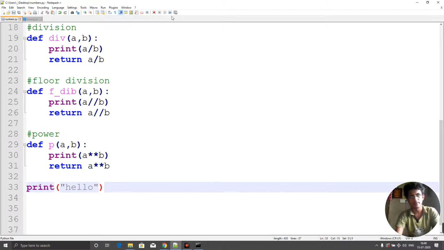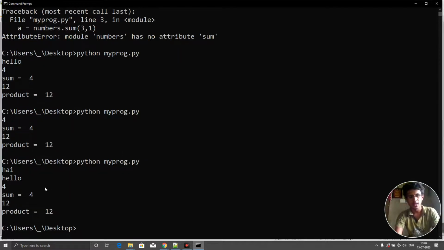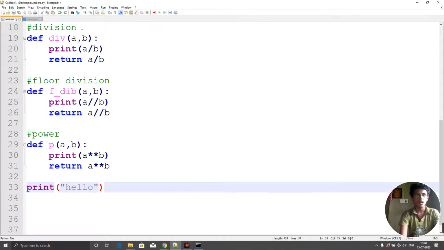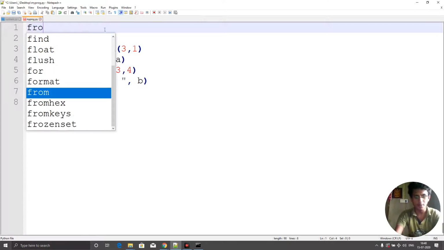Now I'm going to run this. Not that file, I'm going to run my program file that I imported. Yeah, here we can see hi and hello. It is coming. That means whenever I import numbers, it runs the module. Yeah, it's because, when we carefully observe, in the previous time we can see here instead of import numbers, now I'm going to import from numbers